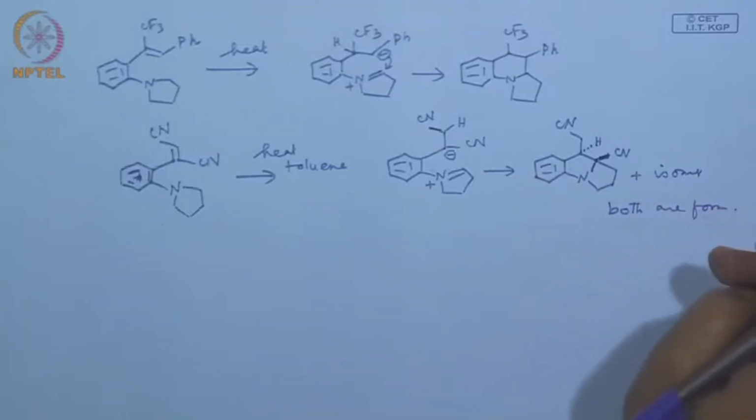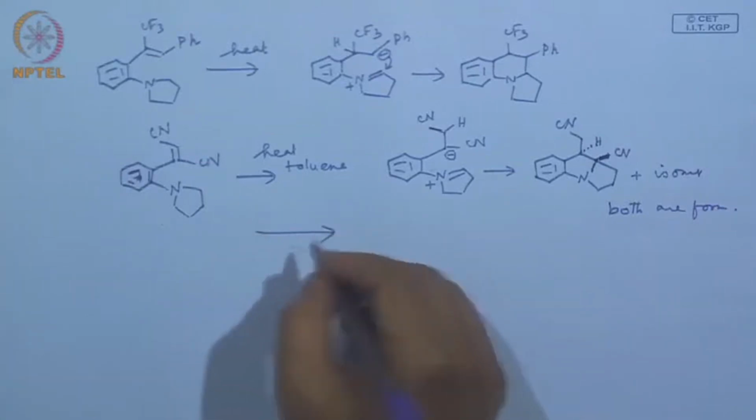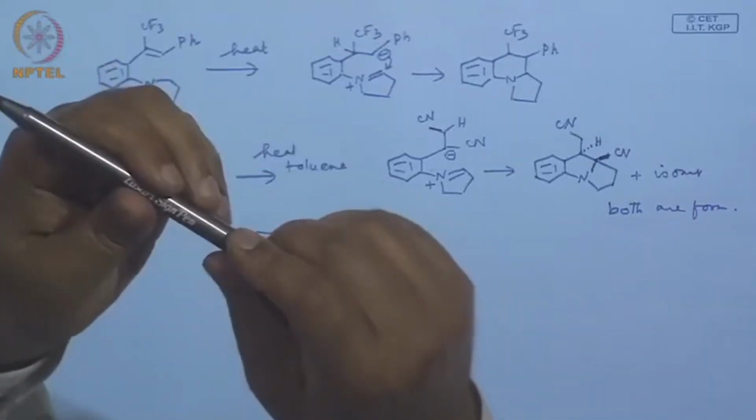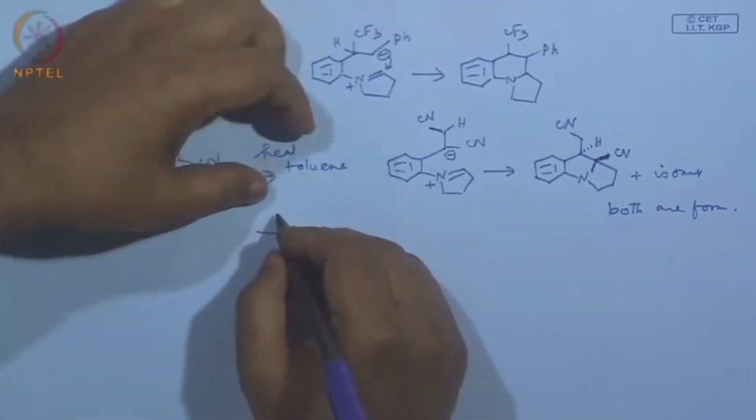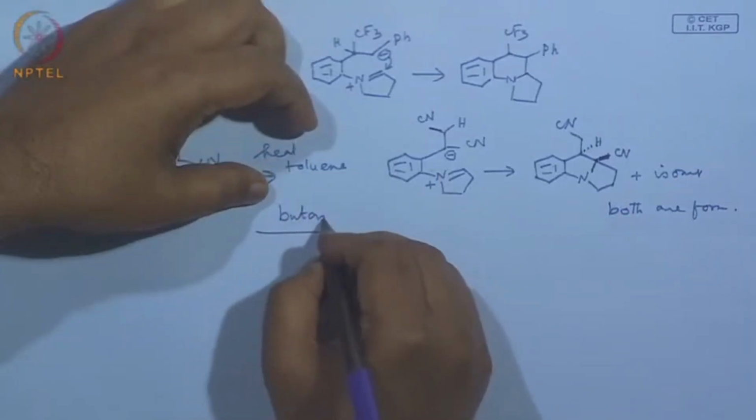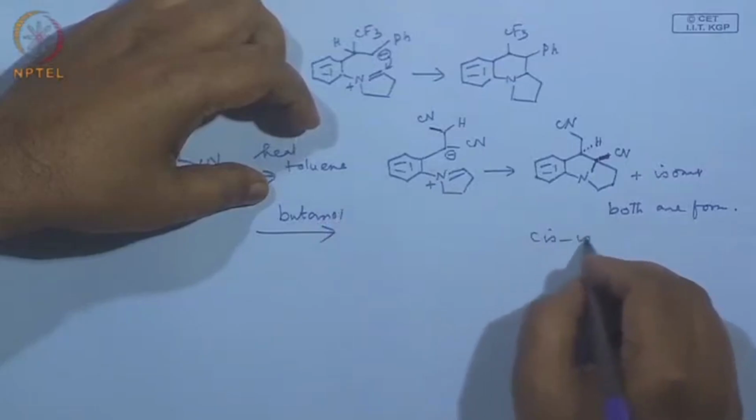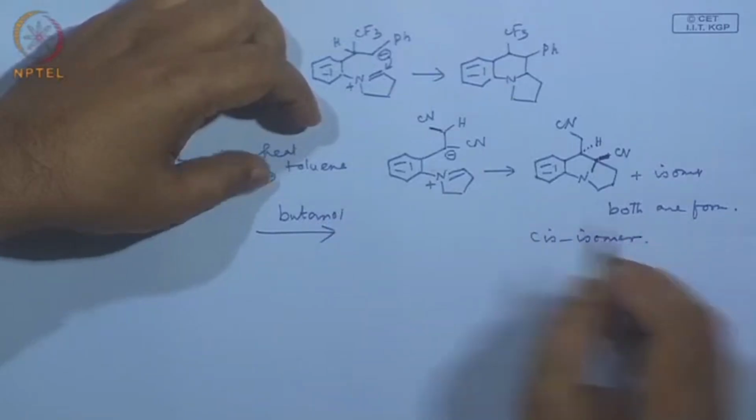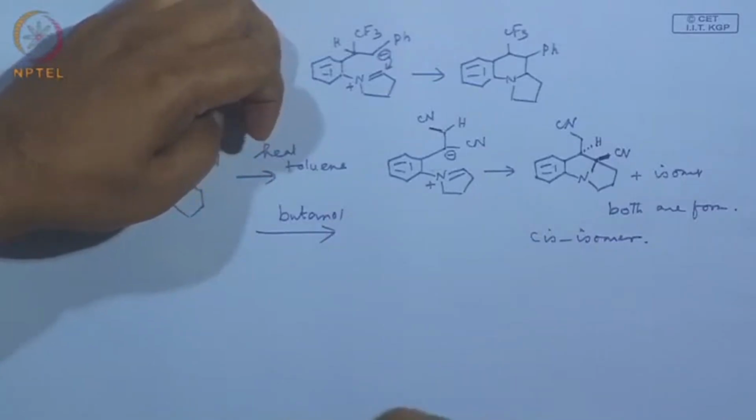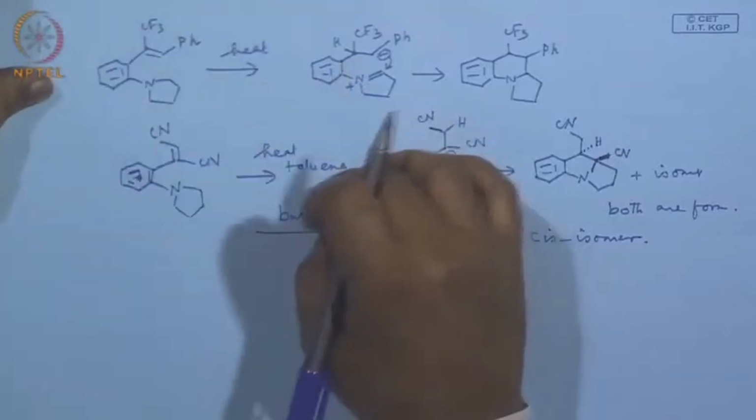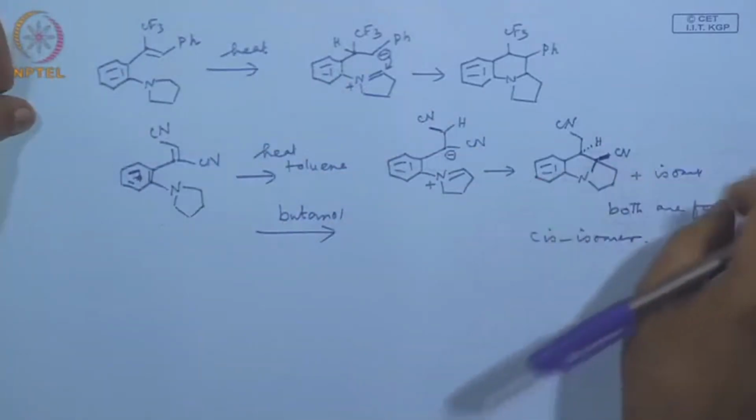Okay. But then again there is no explanation why. If you just change the solvent to butanol, only the cis isomer is formed, exclusively. Again, it is not explainable. Okay. So, this is just a case where you have a carbon-carbon double bond, you can just convert into the 5-member